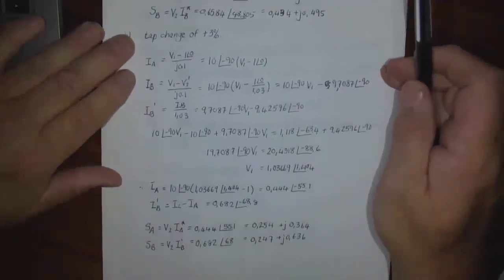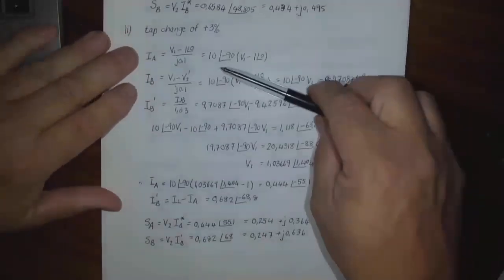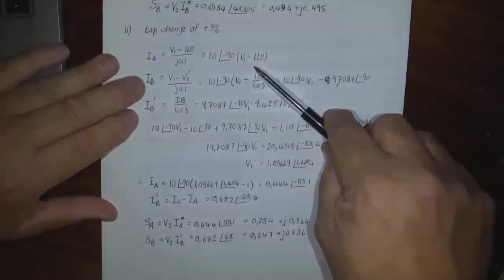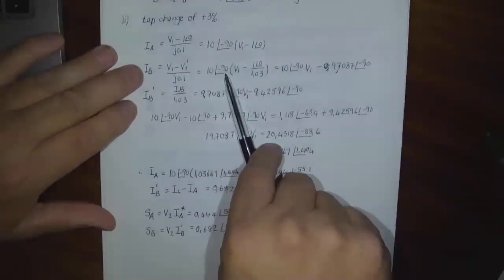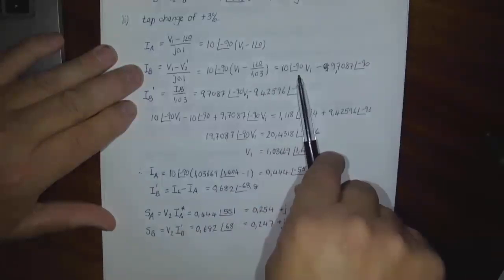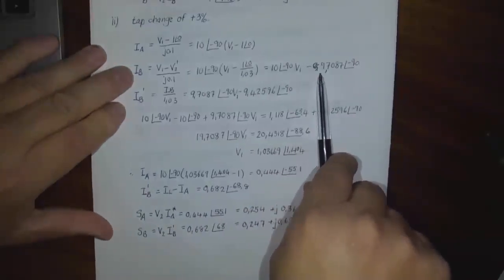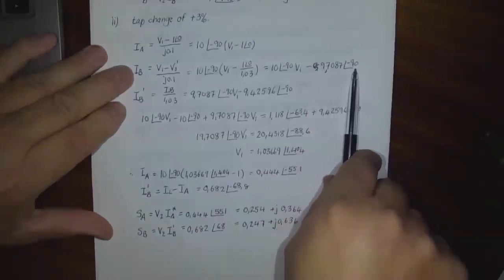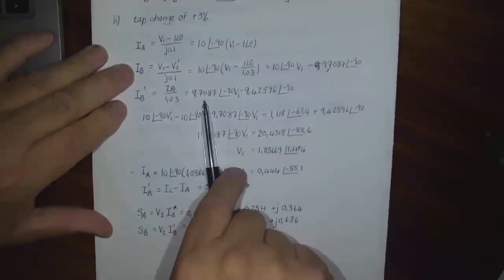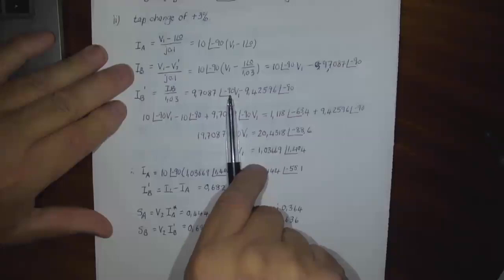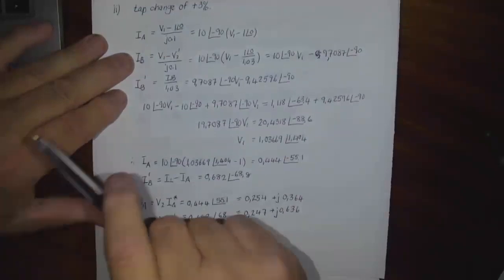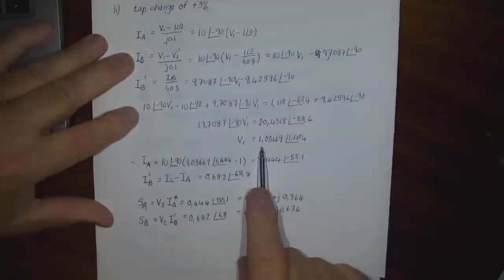All right, so if we have a tap change of plus 3, then again we have V1, IA is 10 angle minus 90, V1 minus 1 angle 0. IB is 10 angle minus 90 V1 minus 1 angle 0 divided by 0.13. That gives us 10 angle minus 90 V1 minus 9.7087 angle minus 90. And then IB dash is IB divided by KT again, which gives us 9.708 angle minus 90 V1 minus 9.4295 angle minus 90. And then if we solve for V1, we get